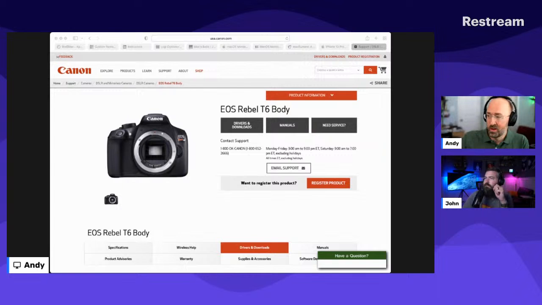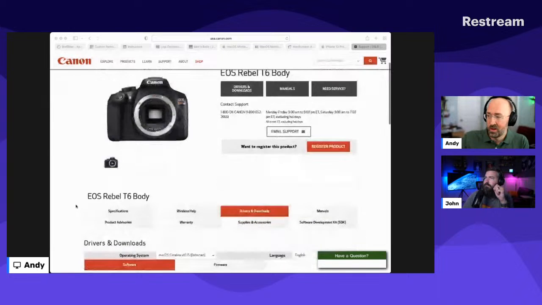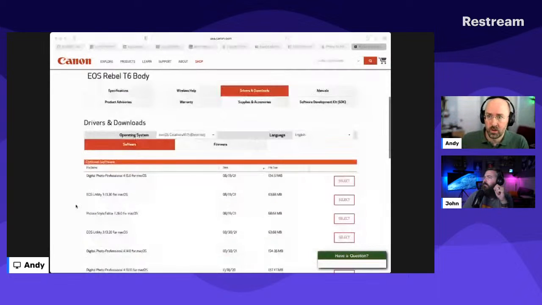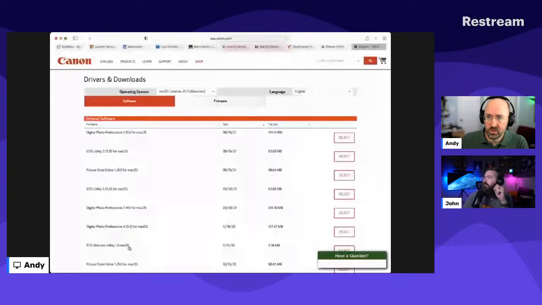So I have one of those, and what Canon did, and they were one of the first ones to do it, and then a lot of the other manufacturers followed, was they updated their drivers and their downloads, and they specifically released webcam utilities. So there's a webcam utility that you can install on your computer, and it'll make that digital camera function as a webcam. So what'll happen is you install that software, and then you plug the camera in via a USB to a mini USB or micro USB to a USB-A, and then you plug that into your computer. And what you'll get is an output.